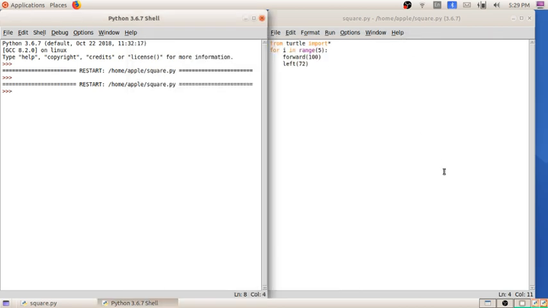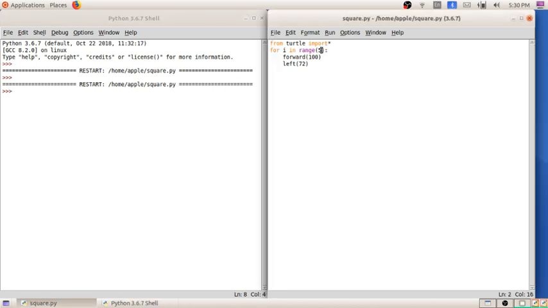Okay, and the third one, they asked us to write the program by ourselves. What they are saying, hexagon. So how can we write the program? You can write the program while watching the video. You can write it in the textbook. For I in the range of 6, for the hexagon it has 6 sides. So for I in the range of 6, forward of 100, and here they have given the picture. How many degrees must it turn left? 60 degrees.